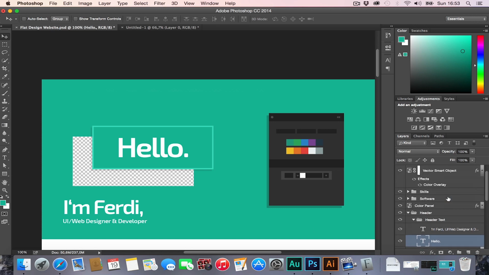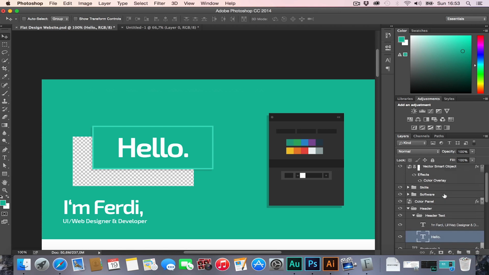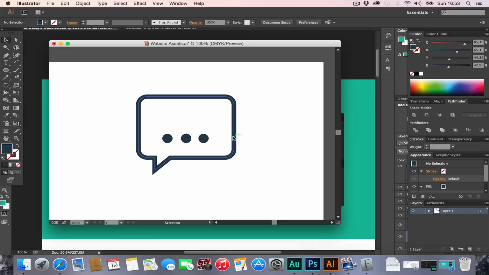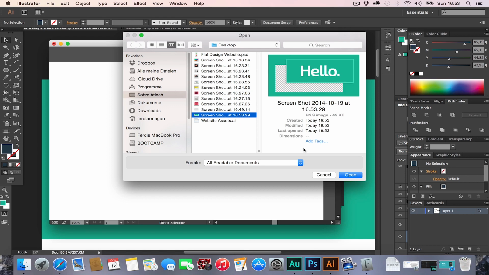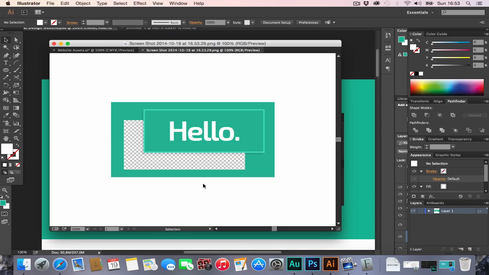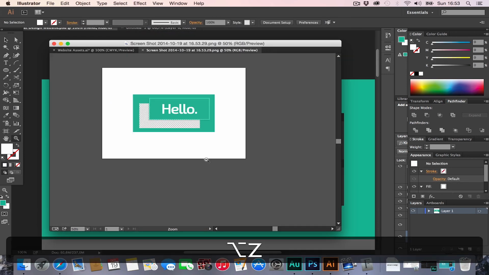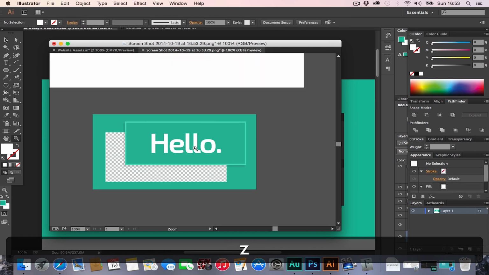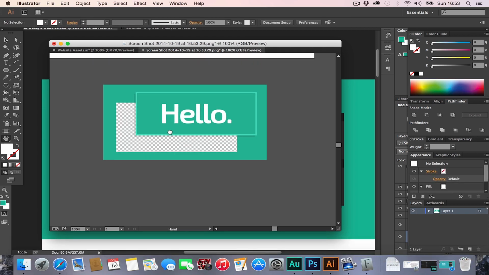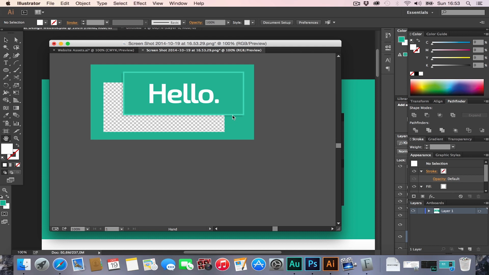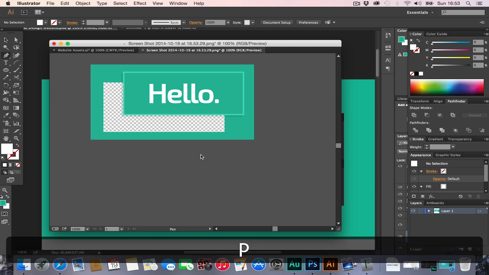And now we need to create our kind of, yeah, I think we should do this in Illustrator. So let's just copy this one so we get the proportions. Go into Illustrator, open this image. All right, and let's work right here so we don't have to switch the background. And what we're going to do now is like this move tool icon. So we are going to take a rectangle,